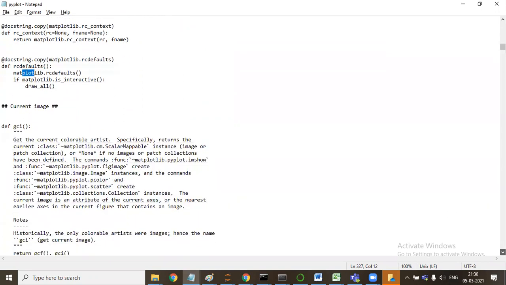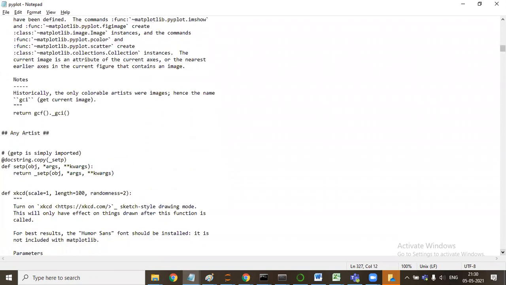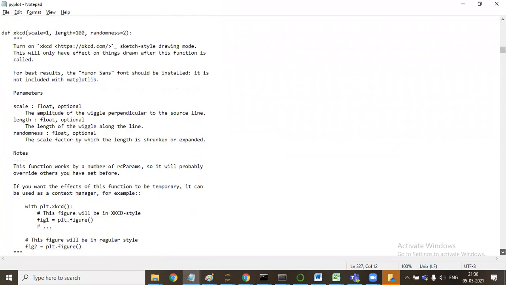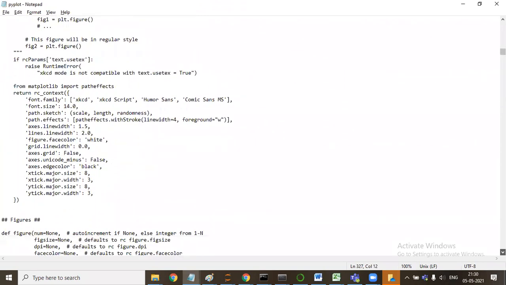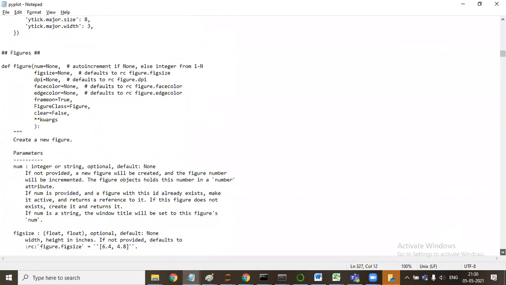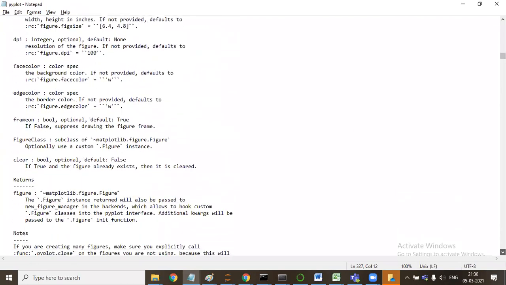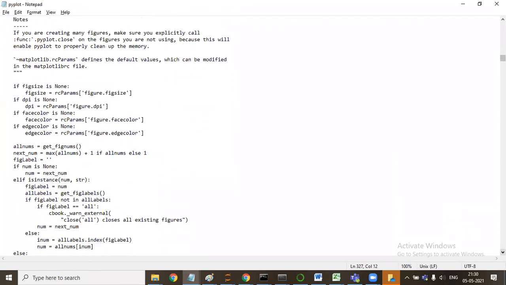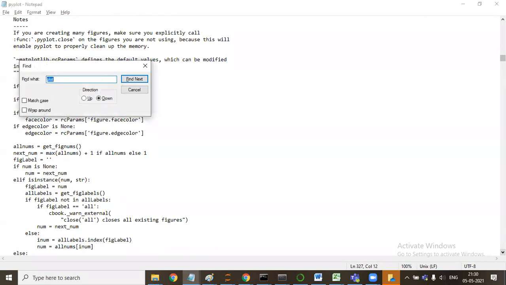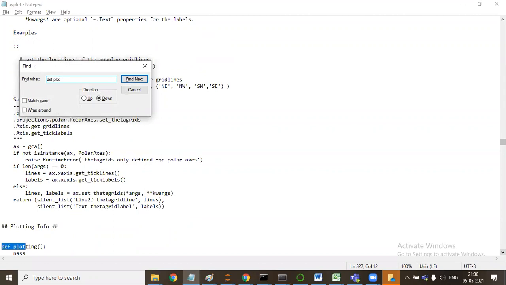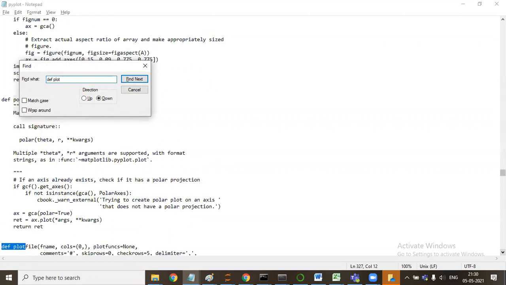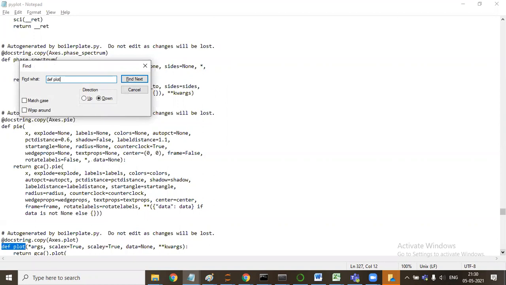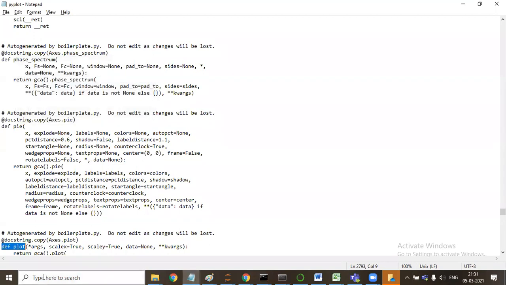Let me say def figure. So we can find the whole def space plot. Def plotting, def plot file, def plot, you see here. A def kind of function is being made here.